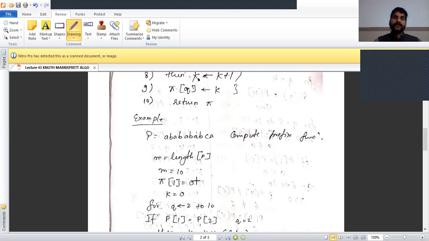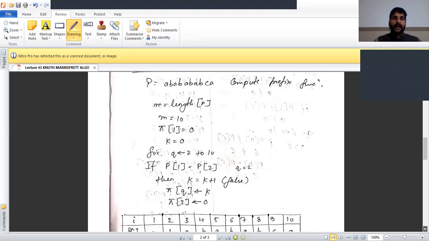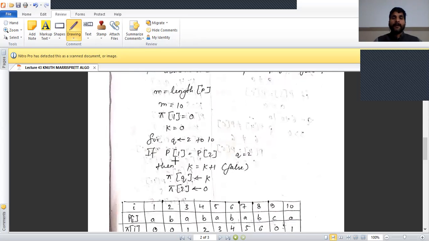According to the algorithm, first we initialize pi[1] equal to 0 and k equal to 0. Then we apply the for loop for q from 2 to 10 and check whether P[1] equals P[2] when q equals 2.